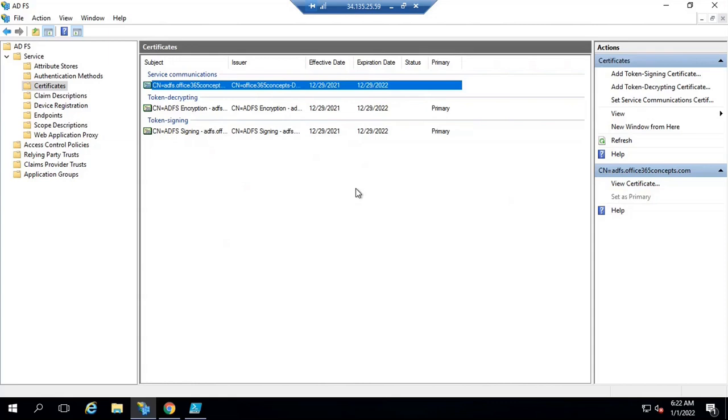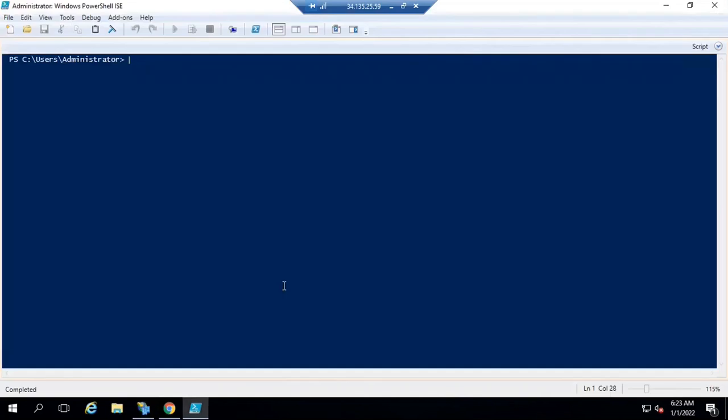When you deploy ADFS server, you use SSL certificate that is issued by a third-party certification authority. You can use certificate from internal certification authority as well, but for production environment, only SSL certificate from third-party certification authority is recommended. Now, the same SSL certificate is used to secure the communication between the ADFS and the application. And the same service communication certificate is used to secure the endpoints.